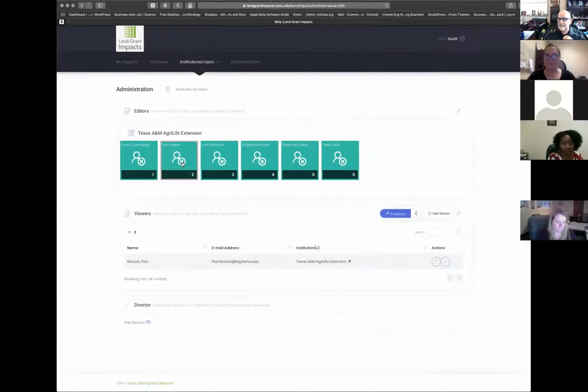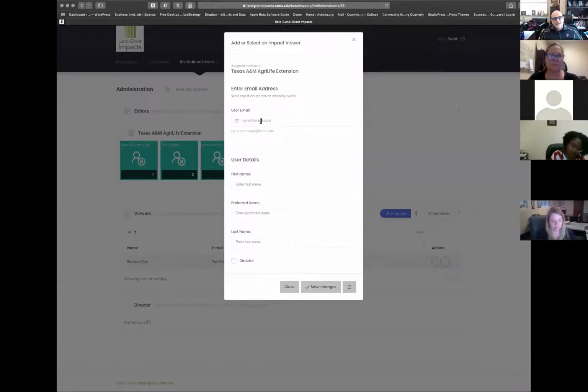I can just simply click on the X. That will free this box up, and when I click on the X and come back, it's got a plus sign, and I can add a new institutional editor. So this gives you the ability to not have to send a note to me to manage who has access in your institution. In this system, there will only be 5 editors from each institution, so 5 on the extension side, 5 on the research side. They can cross over and have that dual profile, but you also have the ability to add a viewer,